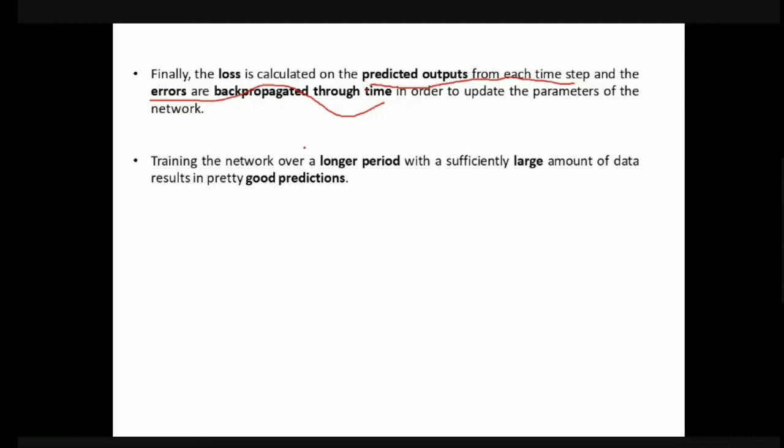So we update the parameters and try to reduce the error. Finally, training this sequence to sequence encoder decoder model for a longer period with a sufficiently large amount of training data will give us good predictions. So this is all about the encoder decoder sequence to sequence model.